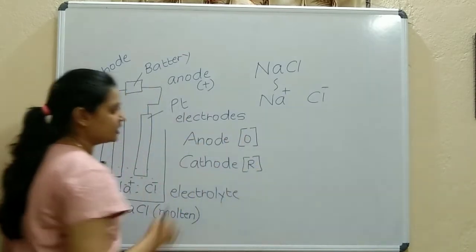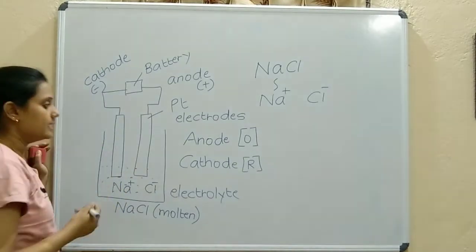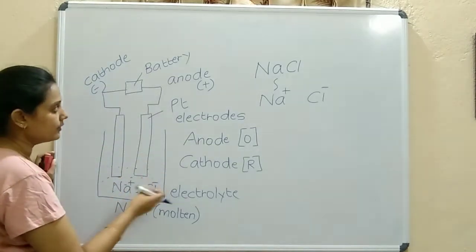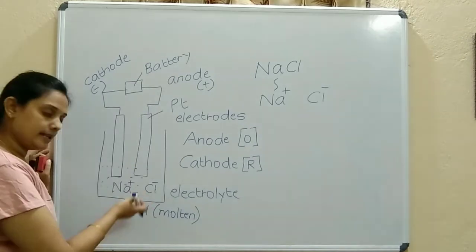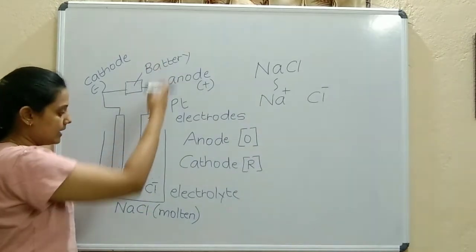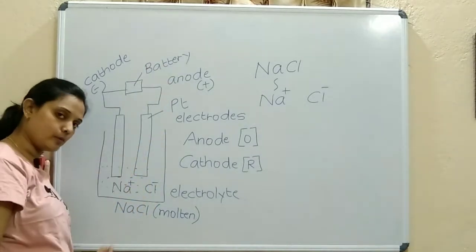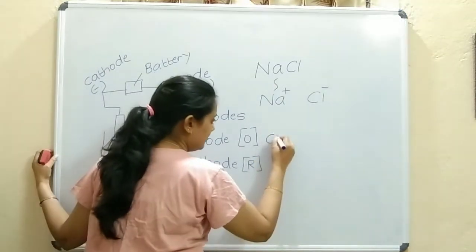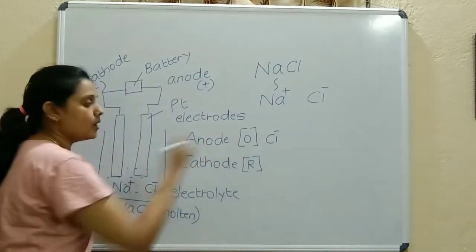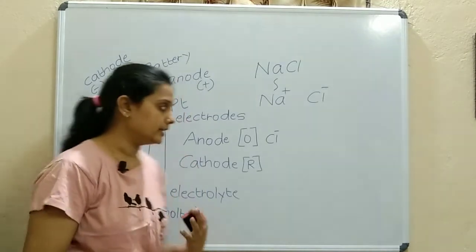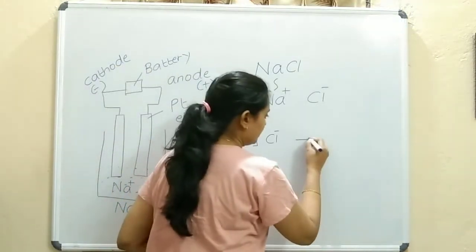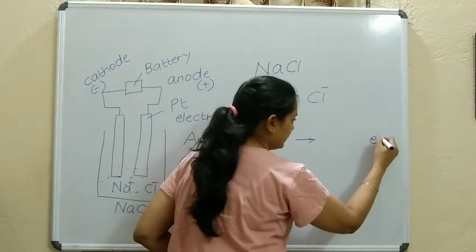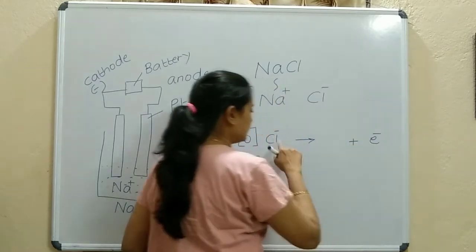So oxidation means loss of electrons. Now which ion is moving towards the anode? Cl minus is moving towards the anode because it is negative and the anode is positive. So Cl minus, anode, oxidation, loss of electrons. I will write it on the right hand side, electron lost, and it is